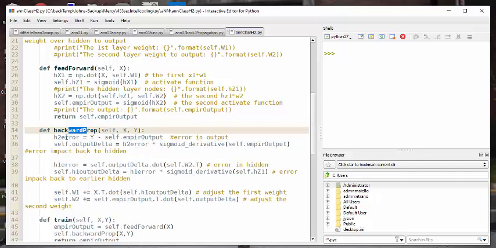Then we first find an error, and then we have the first layer, which is toward the end of the neural computations. Pass through the derivatives, and then we have the adjustment,